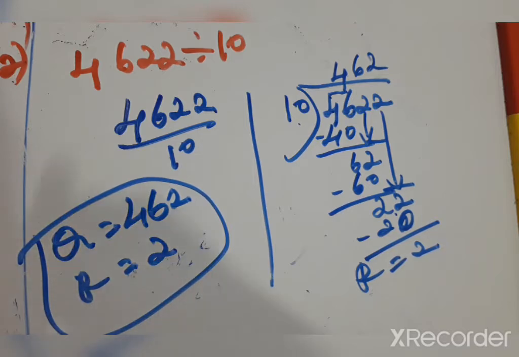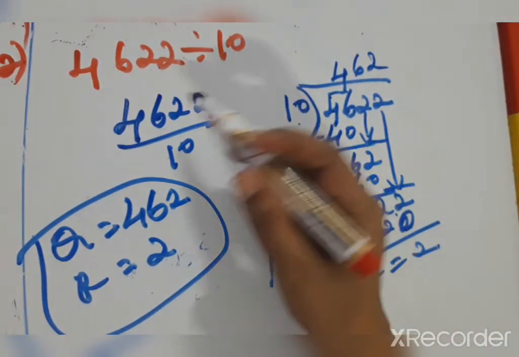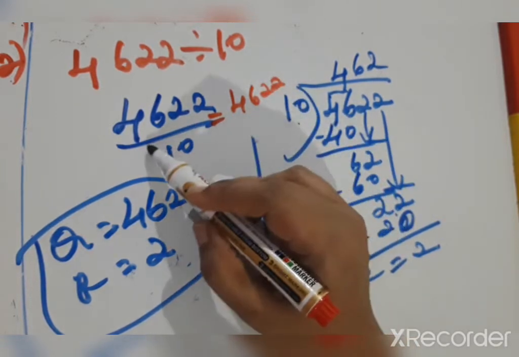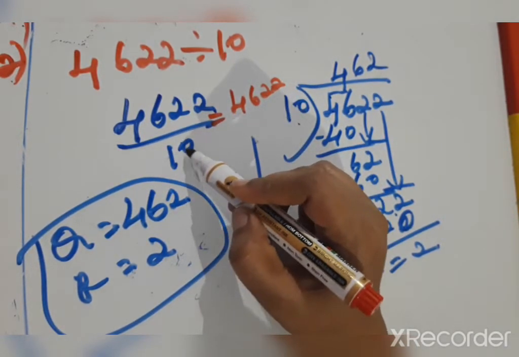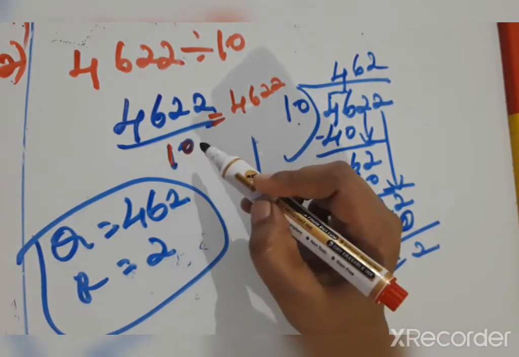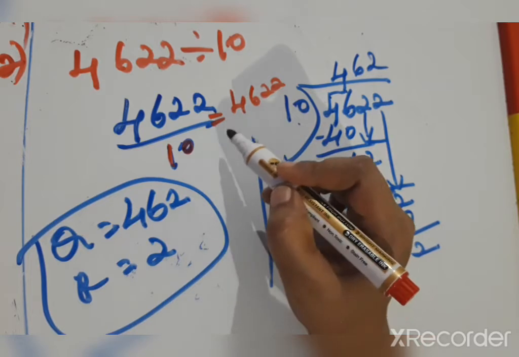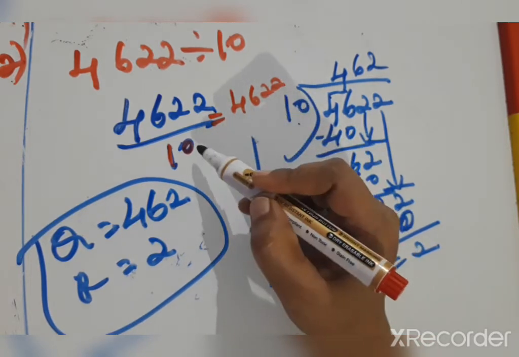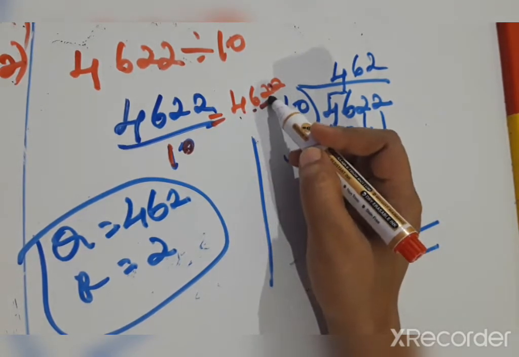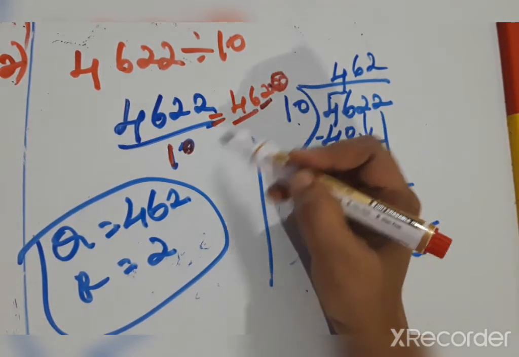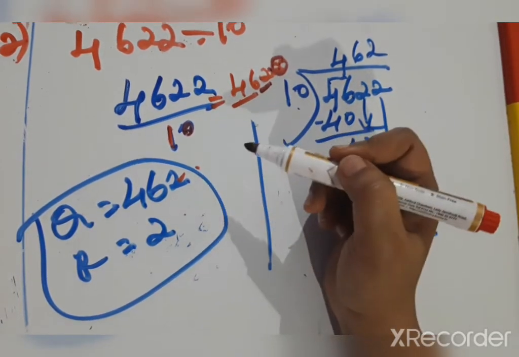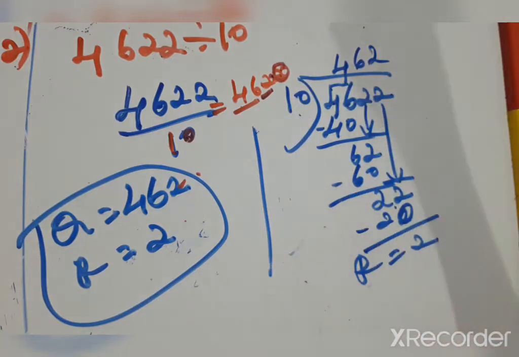And can we find the answer with the direct method? The direct method means writing the number as it is, 4622, only when the denominator is 10, 100, 1000, lakh, 10 lakh, that is, tens or place value form. Then only we can try this method. And with 10, after one number the point: 462 is the quotient, and 2 after the decimal point is the remainder. Correct, no? There is a shortcut method.